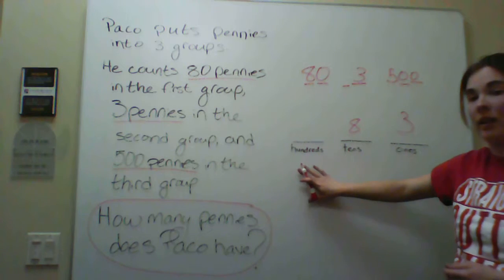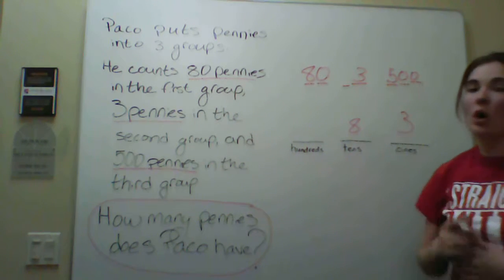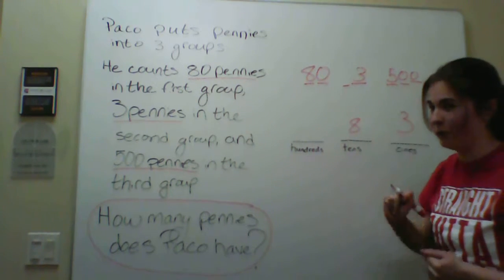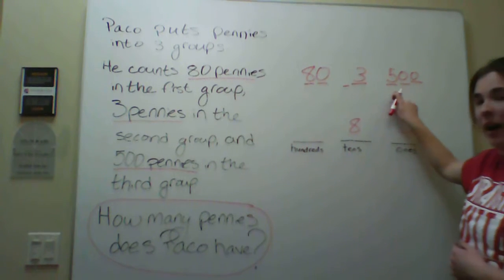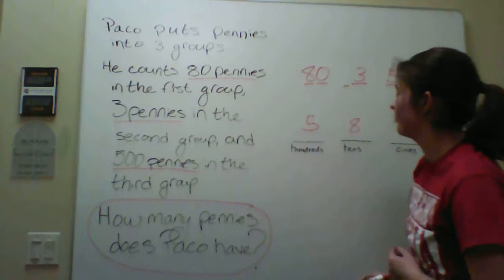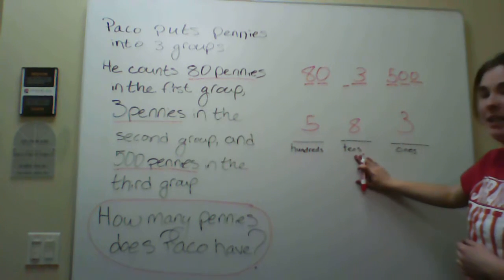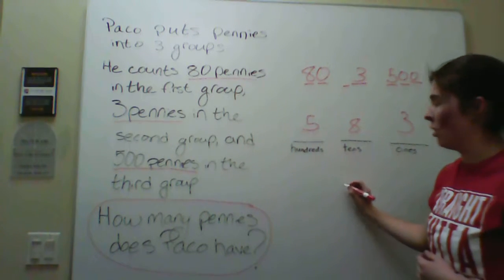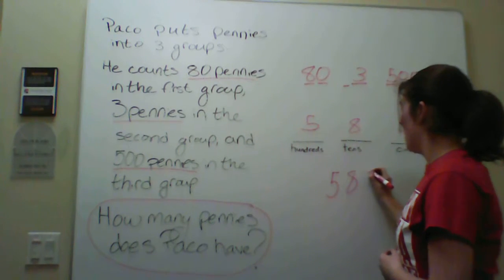Next, we're going to be looking at the hundreds place. The 500 is the only one that has a hundreds place. So we're going to move the 5 from this hundreds place to this one. So we have 5 hundreds, 8 tens, and 3 ones. So altogether, Paco has 500, 80,